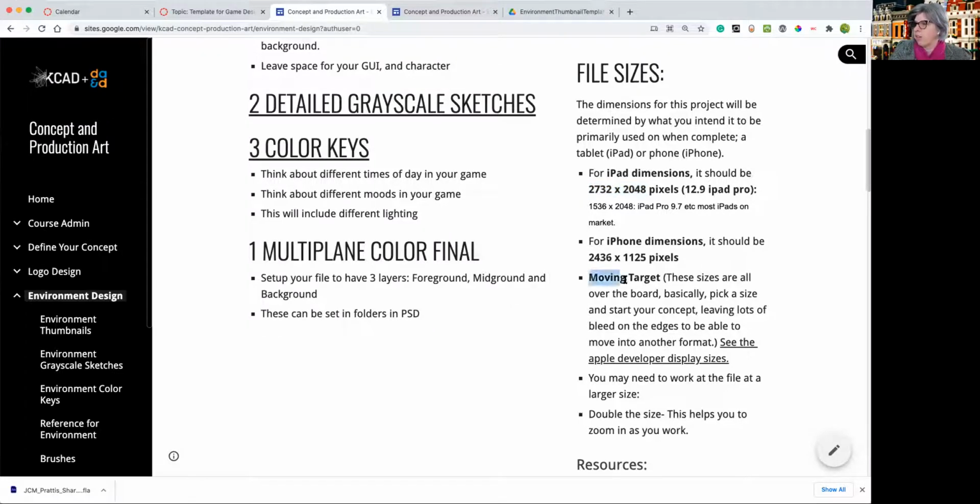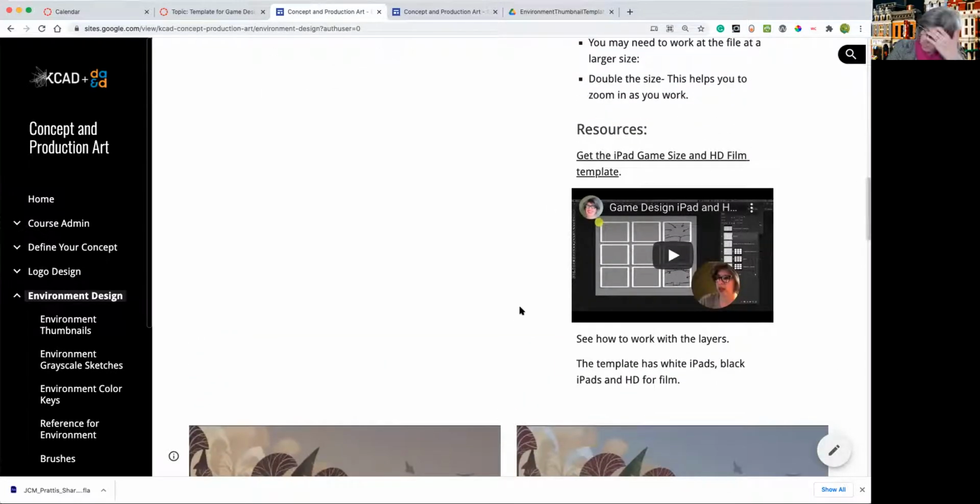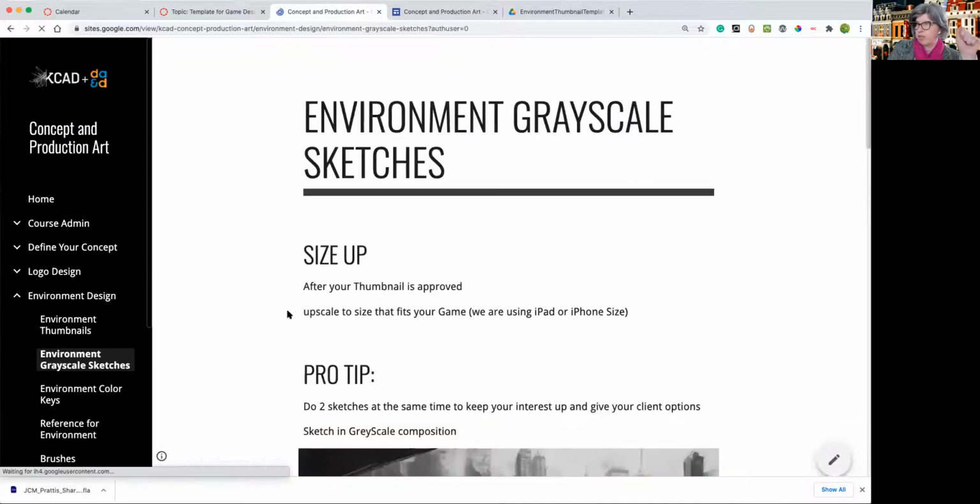Basically, it's a moving target, and when we make games, typically we decide, do we want it to be for iOS, or do we want it to be for both iOS and Android? It's easier to make things for Android because iOS has so many rules, but if you're working for a big company or even a small company, you might be aiming at all of them. The iPad is the harder one to get for because it goes up so high. So that's why I usually start with that. And that template will help you start, but then you have to upscale when you get to the Greyscale sketches,